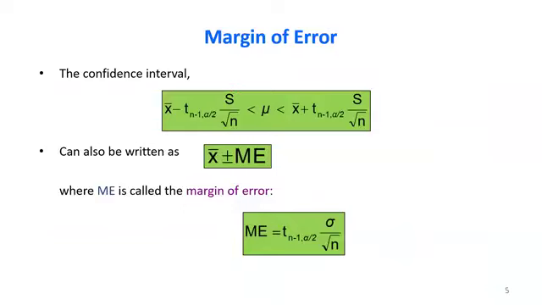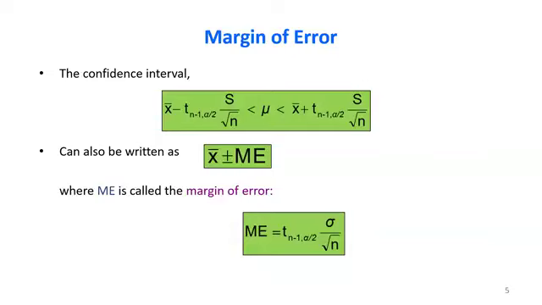First, in the problem statement, you have to check whether the population standard deviation is provided to you or not. If it is not provided, then you have to go with this method where you have to consider the t distribution rather than z distribution. And you have to